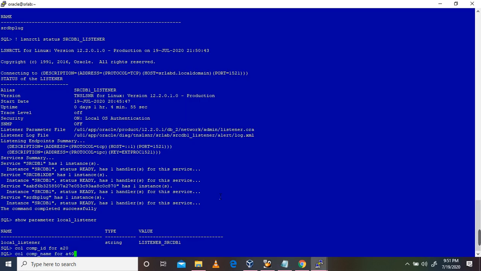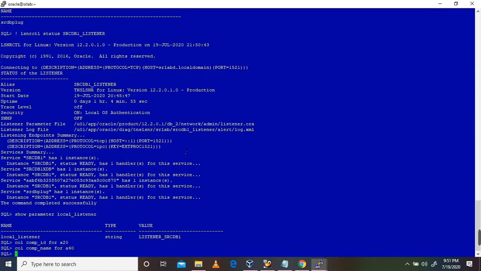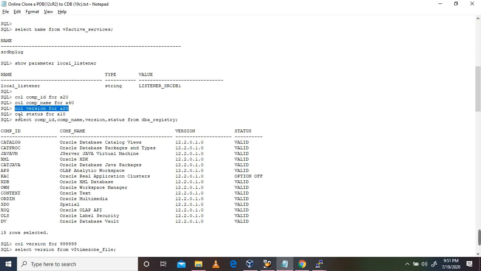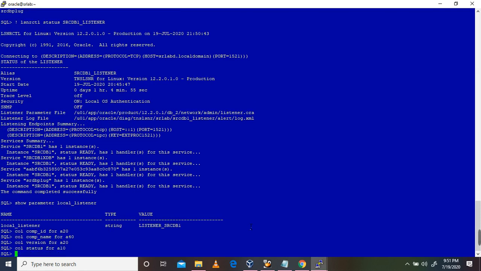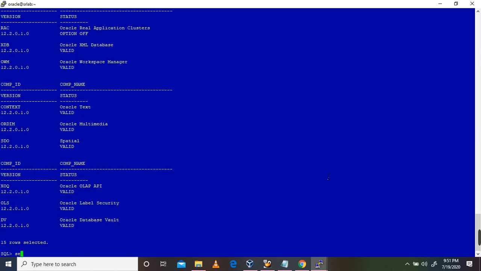We need to consider, prior to upgrade or prior to clone, the DB registry components and time zone file, and any invalid objects. If any recycle bin objects are there, we need to purge the recycle bin.